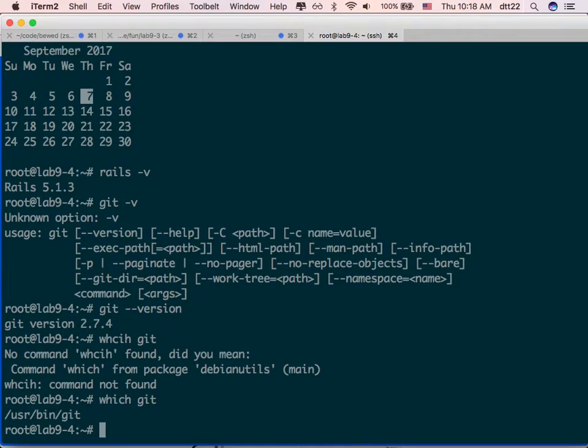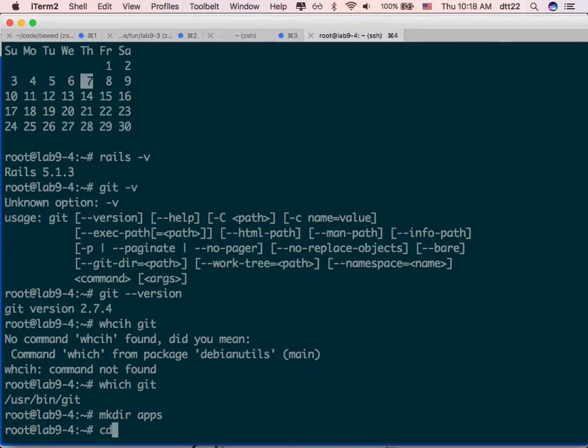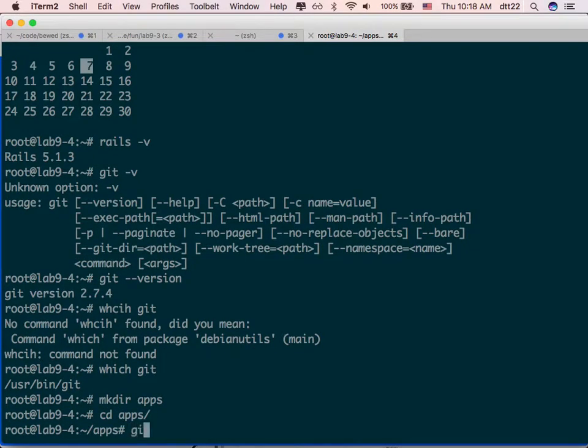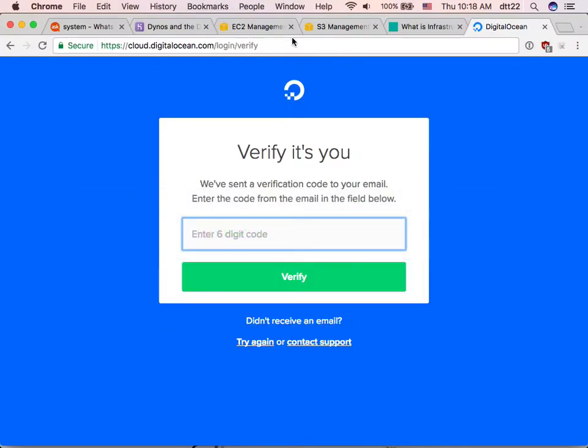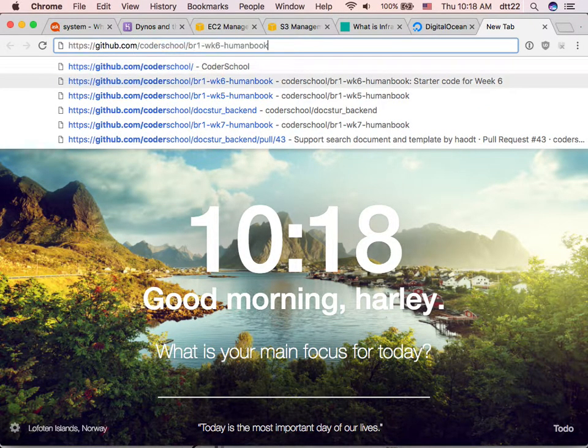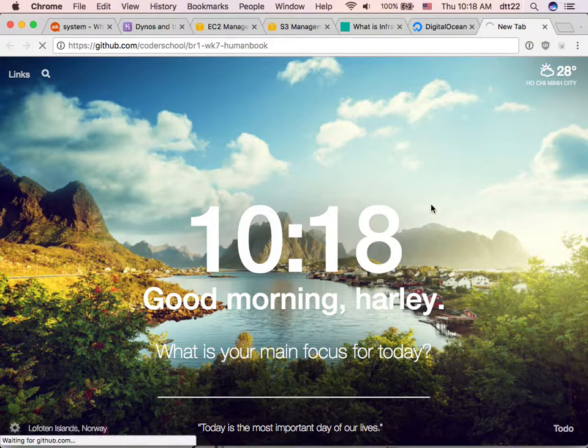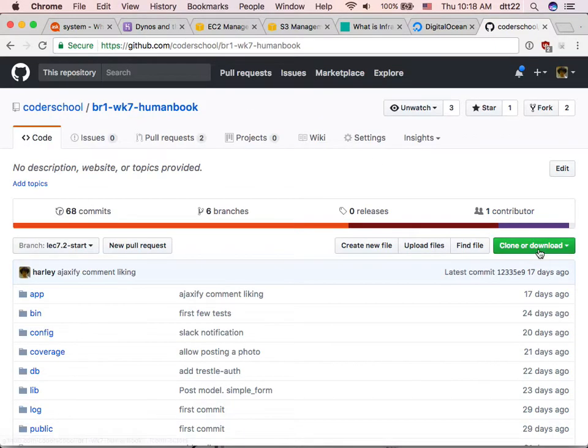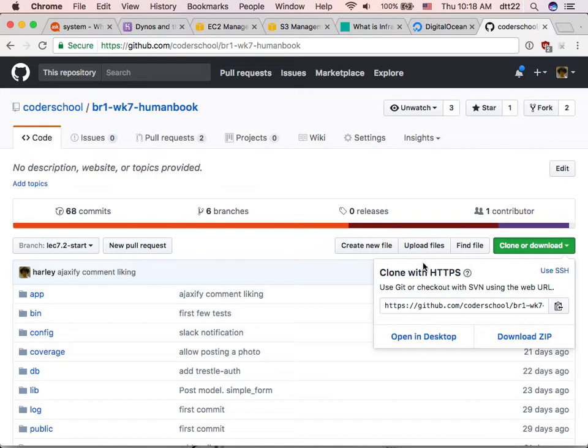So what I can do is maybe create a folder here called apps, and I go in there and then I type git clone, okay? Git clone, maybe just any URL. I'm not going to clone it. Actually, for git clone, I need to explain something else as well. When you git clone, you can copy this URL. If it's a public repository, then the HTTPS version is the easiest way.